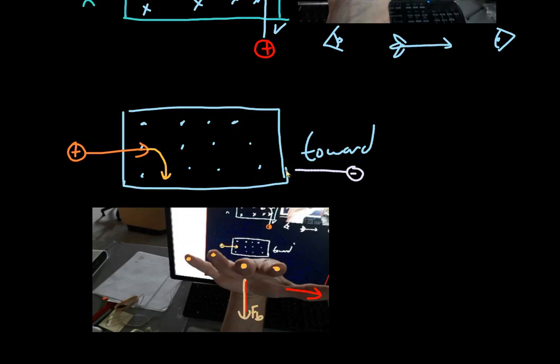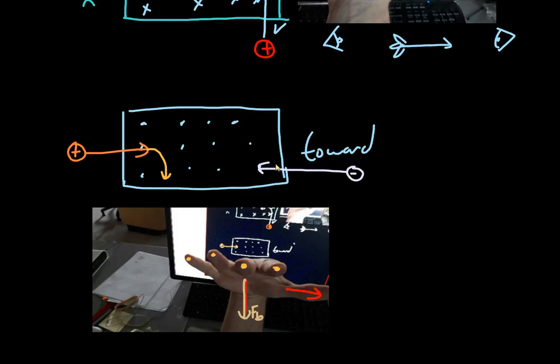So for that scenario, you're going to do the exact same thing you did with your hand, right? In this case, you're going to point your thumb to the left. You're going to point your fingers towards you, right? That's kind of hard to do. You're going to have to contort your right hand. And it's going to tell you that this thing will aim up,